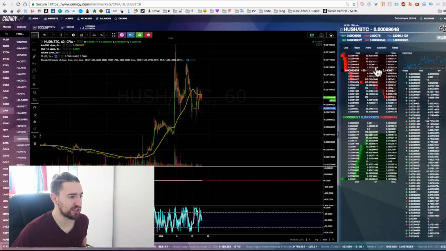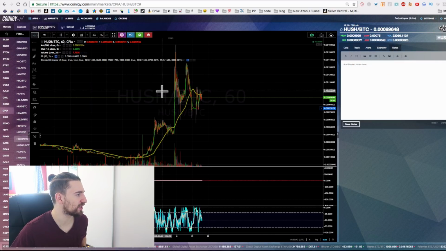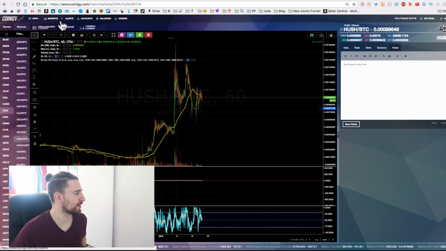On the data chart, you can actually see what's going on, the price action, what orders are there on the books. Alerts, you can see all your alerts. Economy, it tells you the market cap and the available supply. Some coins, it will tell you more, and you can make your own notes here. So that's the basics. I don't want to go too in depth on every screen, but that's the basics of